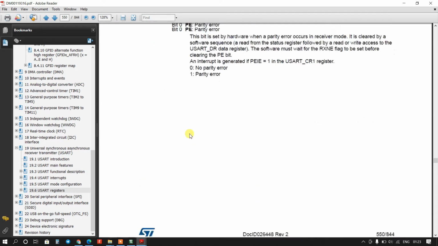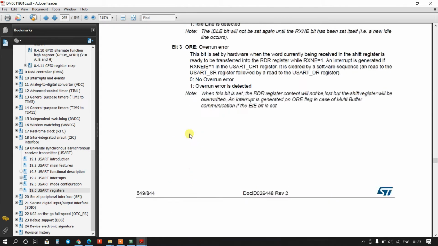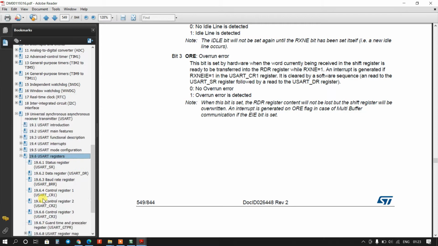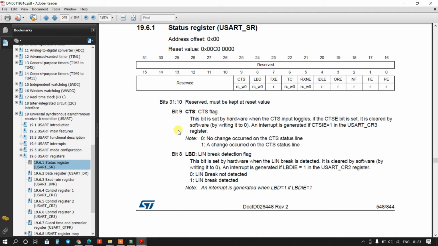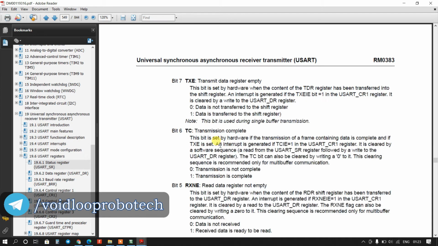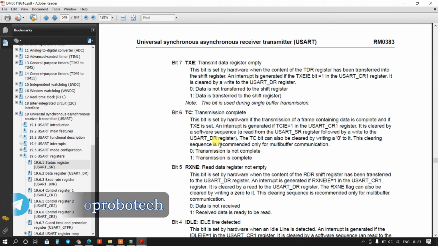Where is the SR register? Okay, this is the status register. You can see here is TXE, so the 7th bit, transmit data register empty.